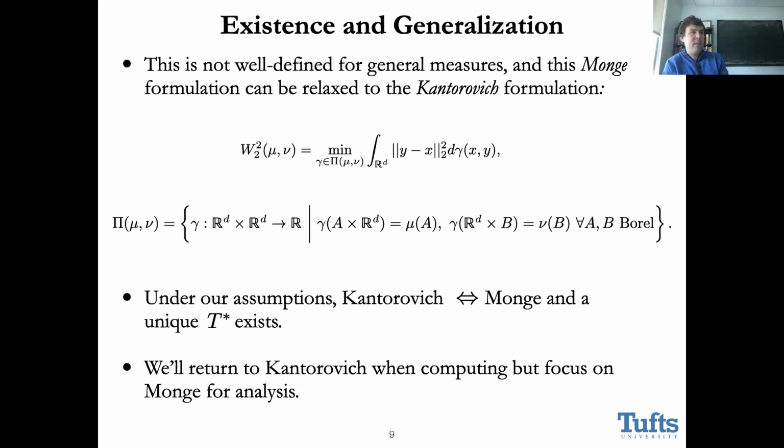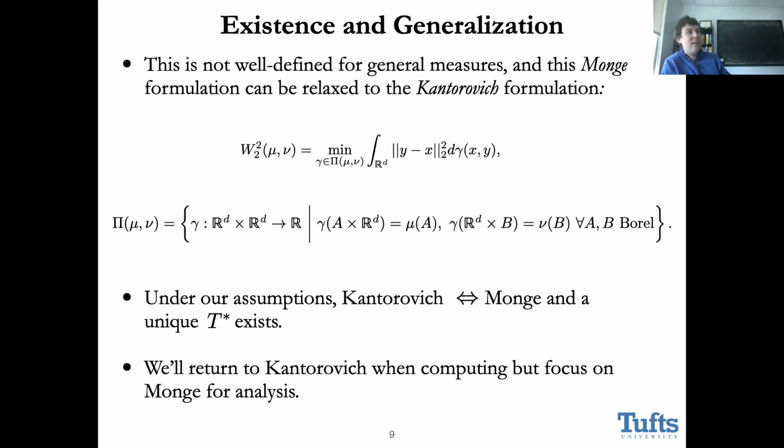So the formulation I just gave is sort of an older version of this. This is sometimes called the Monge formulation because it roughly dates back to the 1780s and some work by Gaspard Monge, which turned out to not be very fruitful in the sense that doing the optimization over maps is a little bit hard to work with. And this problem sort of picked up again in the mid 20th century and is somehow associated with Leonid Kantorovich, who relaxed this problem down to something that starts to look more like a linear program.